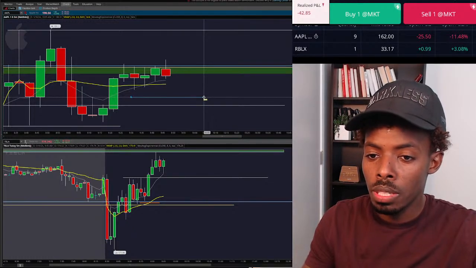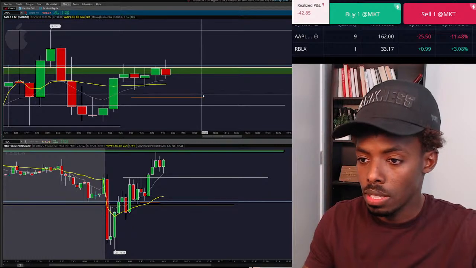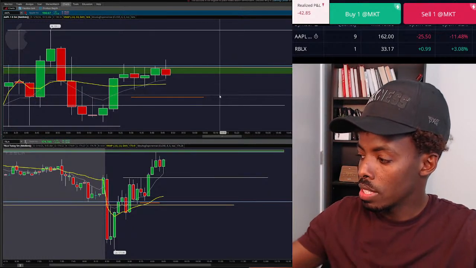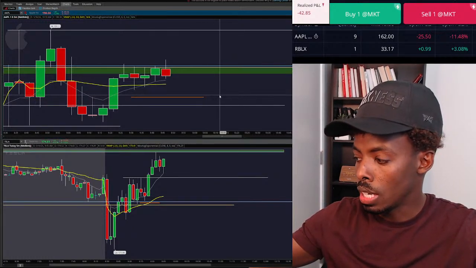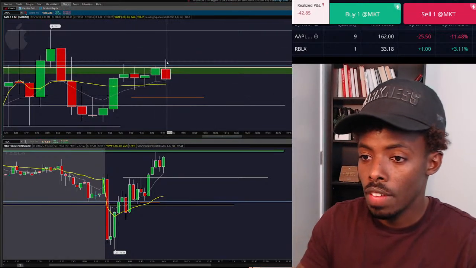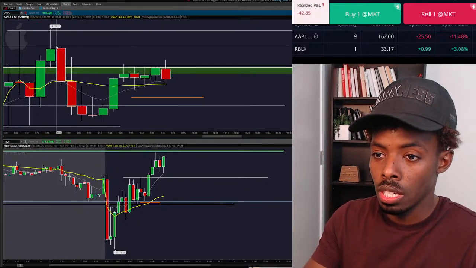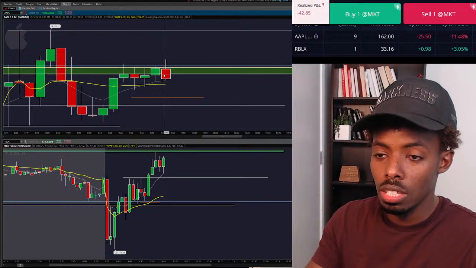I don't care if Apple does that. I have my rule in place, I have my stop loss in place, and I know what I'm going to do, so I'm not attached to whatever Apple does. If Apple moves up over here, I'm going to take some profit after it breaks here. That's my rule. If Apple decides not to do that and moves back down,